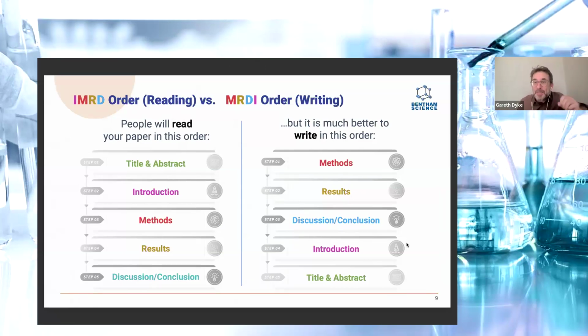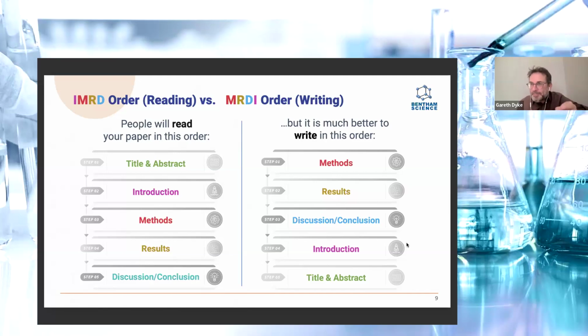But we do like to begin with this kind of slide because, of course, when you read an academic research paper, you start at the beginning and you work through the paper, hopefully, until you get to the end, and then you stop. Your reading order, as you can see here, is quite different, as we're going to talk about in our event today, to the writing order. We like to call this the right order for putting a research paper together.